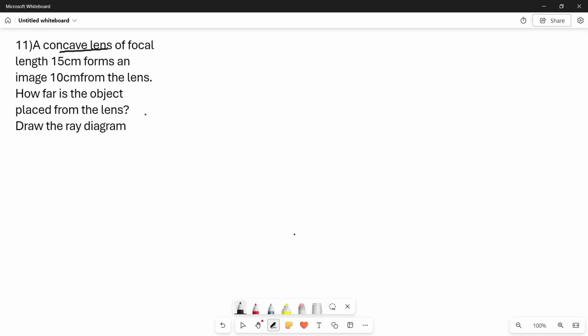So in this session, we'll be seeing problem 11 in your 10th NCERT book. A concave lens of focal length 15 centimeter forms an image 15 centimeter from the lens. So what is the concave lens? Basically, it is the diverging lens. All right. So this is how you will represent your concave lens,